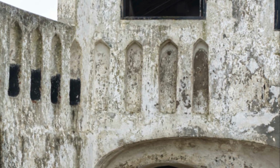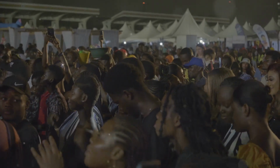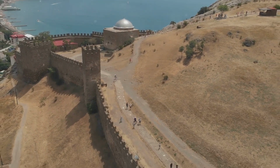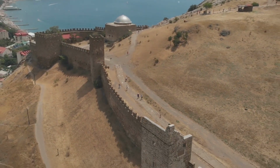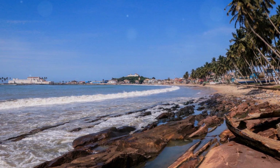Now, Cape Coast Castle ain't just about sadness and sorrow. It's also a testament to the strength and resilience of the African people. You can feel the spirits of our ancestors within these walls, urging us to remember their struggles, their stories, and their unwavering spirit. The castle now stands as a UNESCO World Heritage Site, a symbol of hope and a reminder